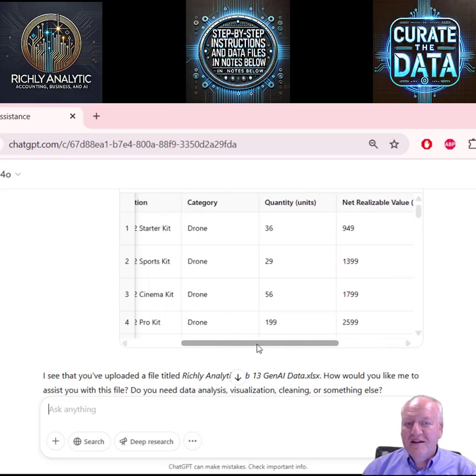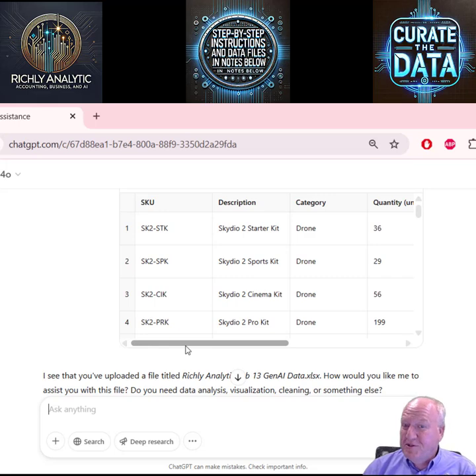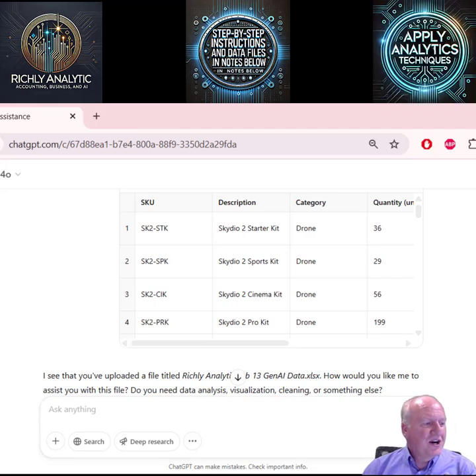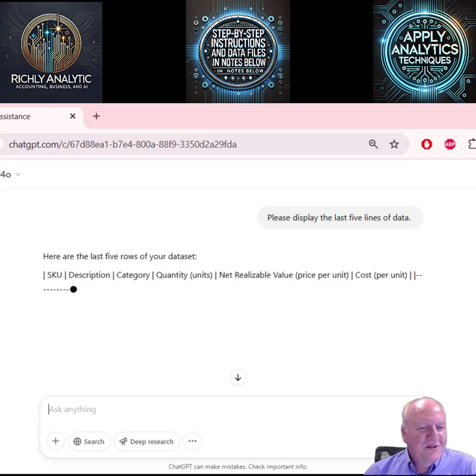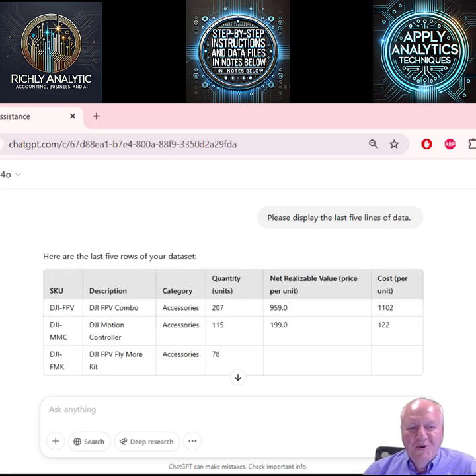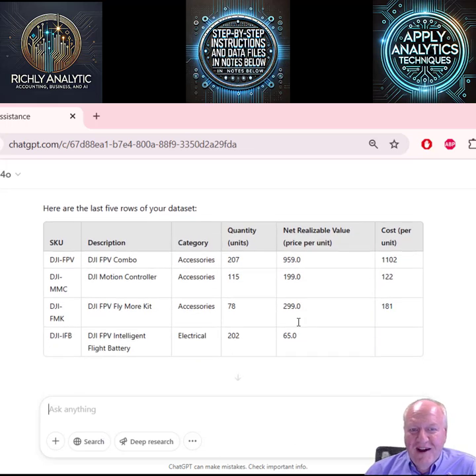Now we need to compute it at three levels: the individual level, the category level, and then overall. Let's start to work at that. Usually I have it display the last 5 lines of data, mostly because I'm always concerned that ChatGPT is going to get lazy, and unbeknownst to me I'll do all this work and it never read in all the data to start. You can do that with summary statistics or just the last 5 rows, sometimes the first 5 rows of the data.